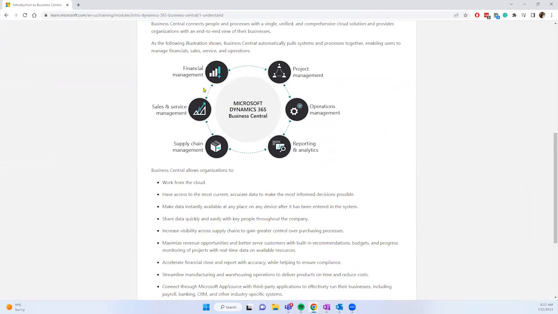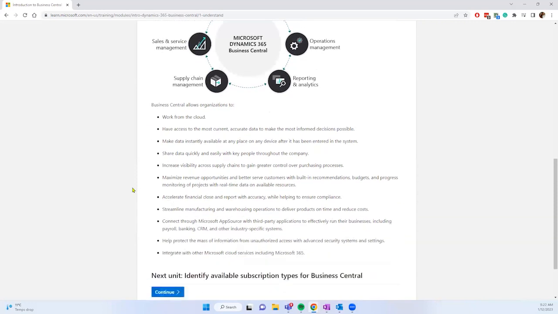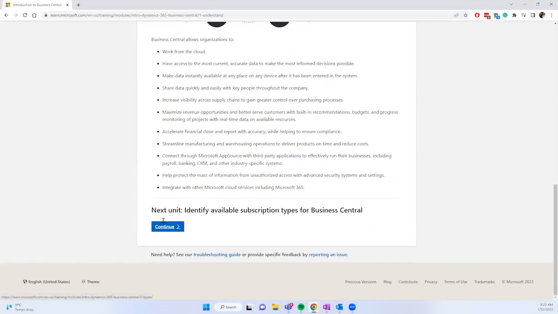And here we have different modules, okay? Business Central works with all your financial processes. We also have project management, operations, which is manufacturing and others, reporting and analytics, supply chain, purchase, sales, prepayments, and sales and service management, which is for CRM. We have a CRM module, okay? So let's identify some